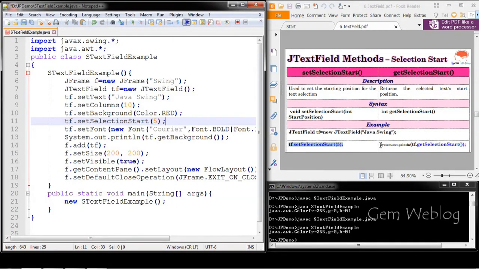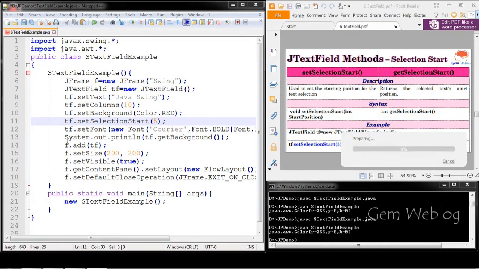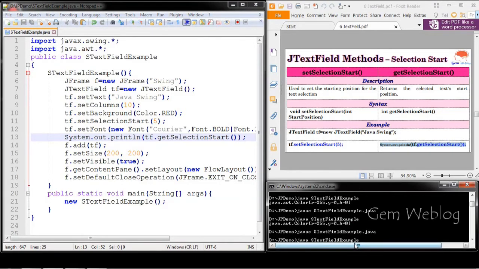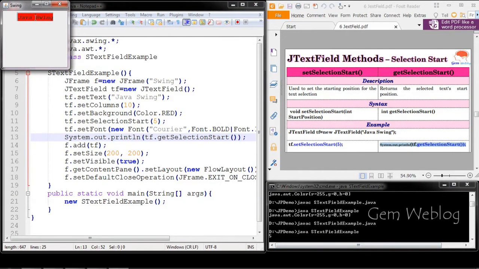So here your cursor will be blinking at the 5th position. Now your cursor is blinking at the 5th position. That means your selection position has been assigned at the 5th position.